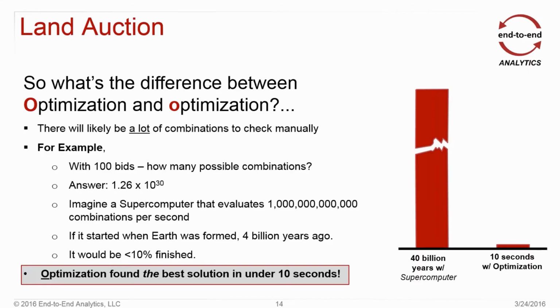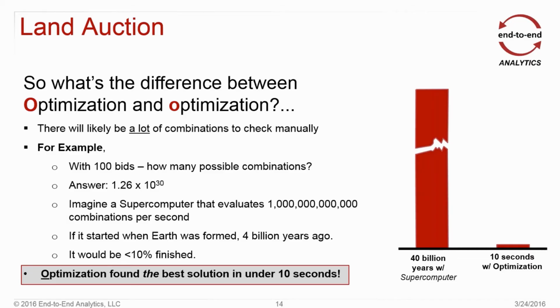The second thing here is the lesson about big O optimization versus little o optimization. If you build a model right, you can do it very quickly. If you want to do it by hand, you're probably not going to end up with an optimal solution. And just to give you a sense, when we did this problem, the way our contract was structured was once all the bids were in, they were going to take 24 hours to find a solution by hand, and we were going to run an optimization model. We were going to get a bonus based on how much better our optimization model did than the bids they got in by hand.